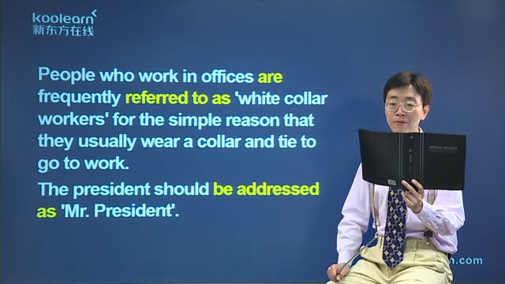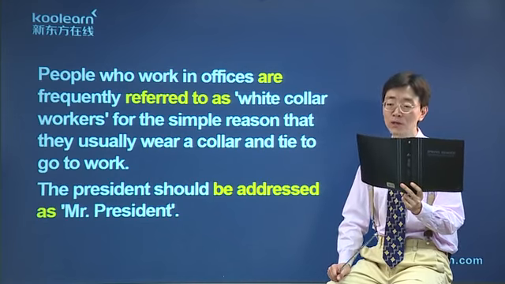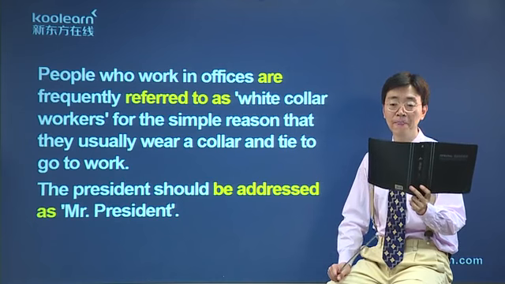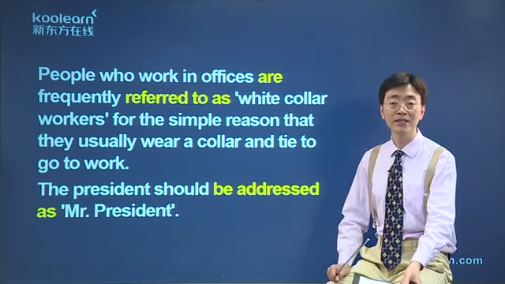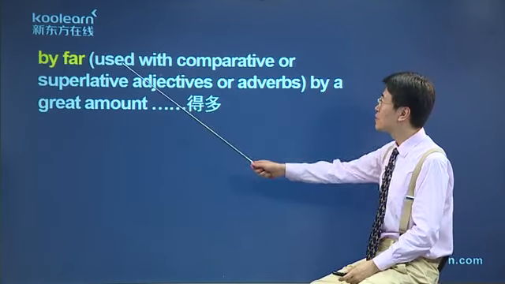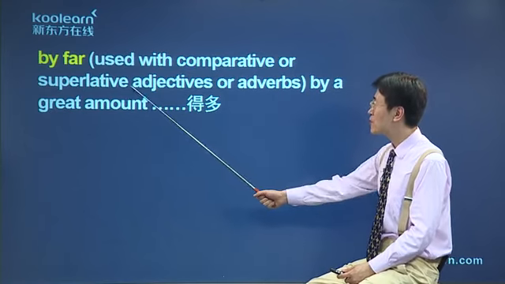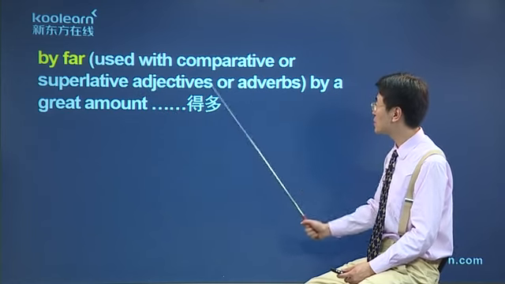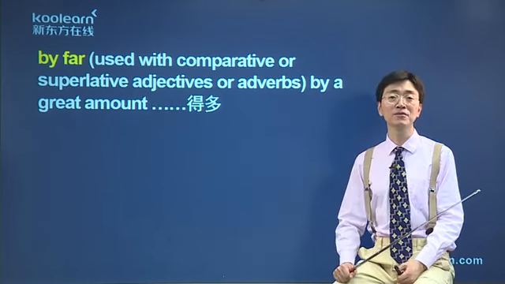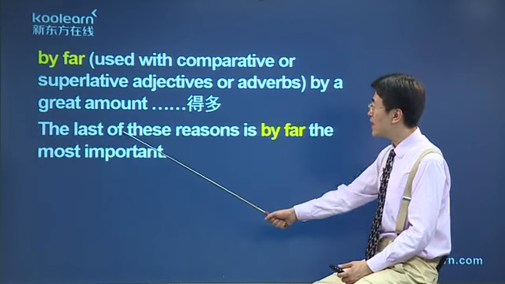Both poison are unpleasant, but by far the more unpleasant is the blood poison. 这两种毒当然都令人不愉快，但更令人不愉快得多的是血液性的毒，这更致命更可怕。by far 这个结构咱们可以钻研一下，在生活中用一用。by far 用于跟比较级或者最高级的形容词或副词连用，表示 by a great amount，什么什么得多。我们先看跟最高级连用的，The last of these